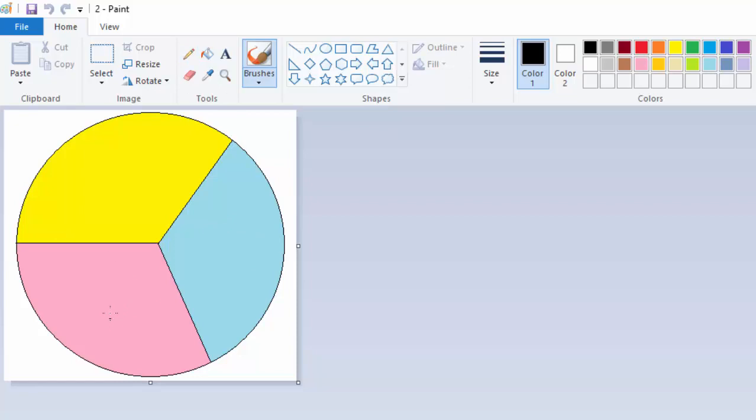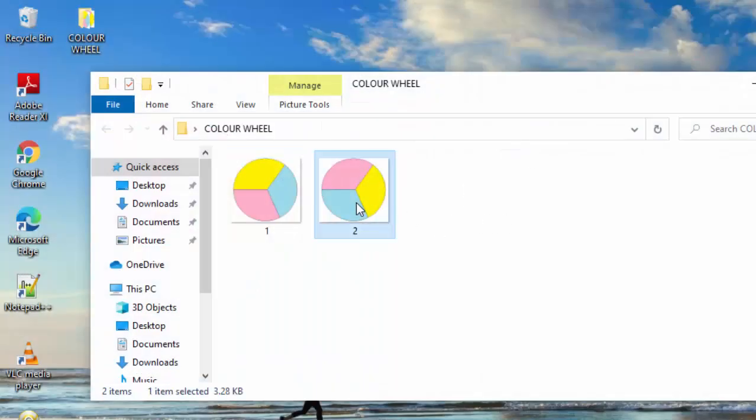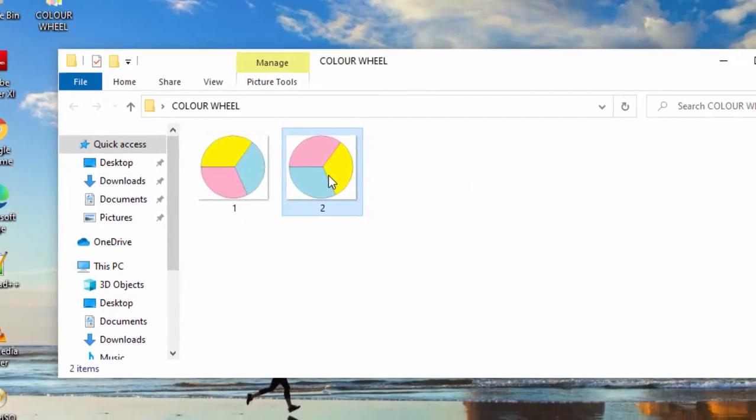So I will start with pink. I can just come here and pick color, pink color, pick my filling jug and paint this pink. Then for the yellow, bring it here, and for the blue, put it here, and save the changes. And I will close. I will just copy this image 2 again